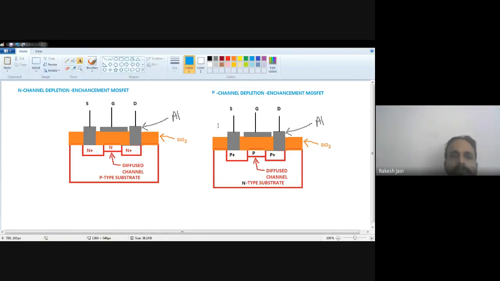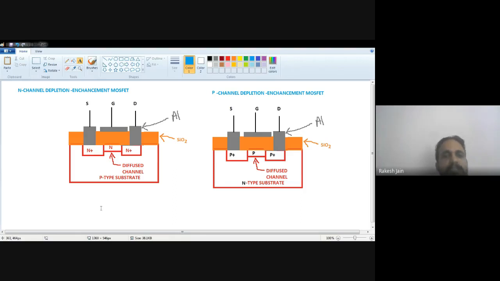Now, when we go for the working principle, remember how you can use the symbolic representation, apart from the basic symbol, to explain the working principle. We can explain the working principle of this MOSFET with the help of the basic construction and the materials used in it, because aluminum metallization is there, N-type semiconductor is there, substrate is there. That's why the gate terminal, drain terminal and source terminal will be taken. Remember those terminal names. Now we are going to see the working principle of that kind of MOSFET.